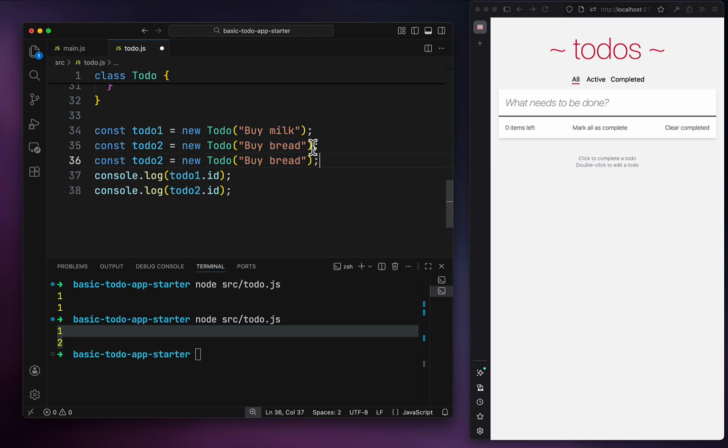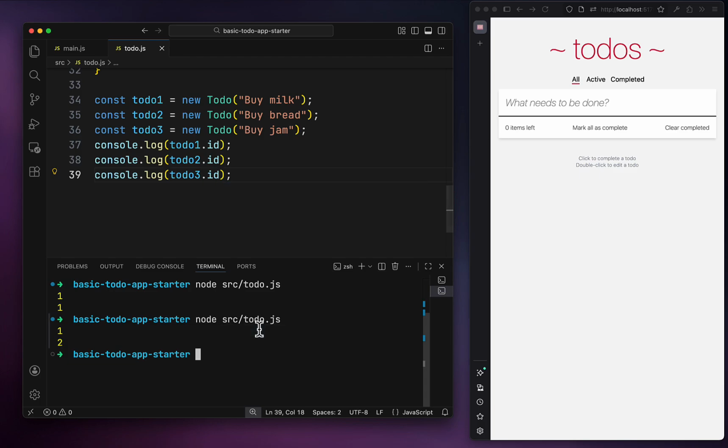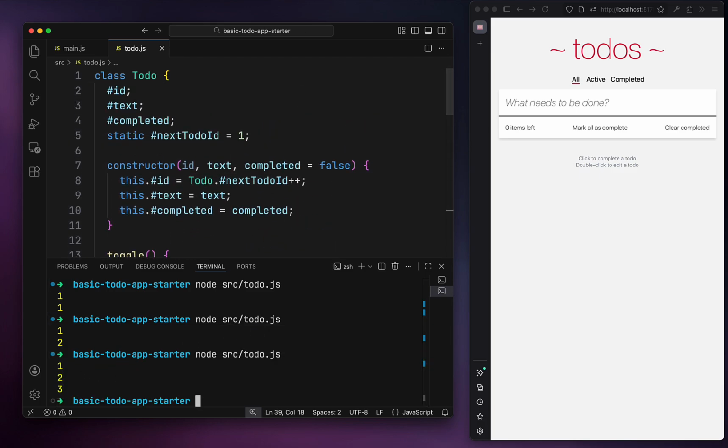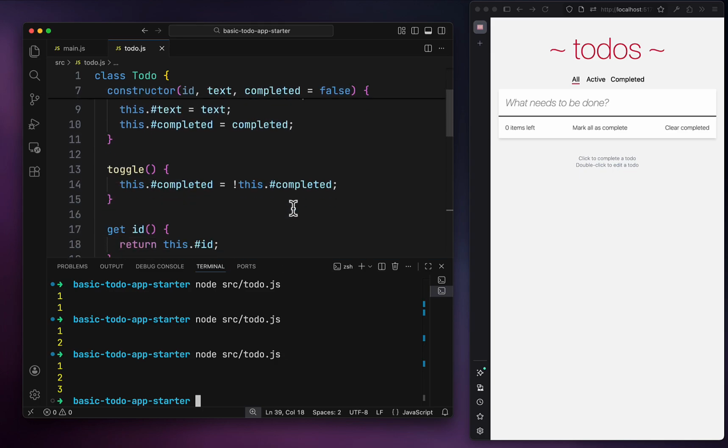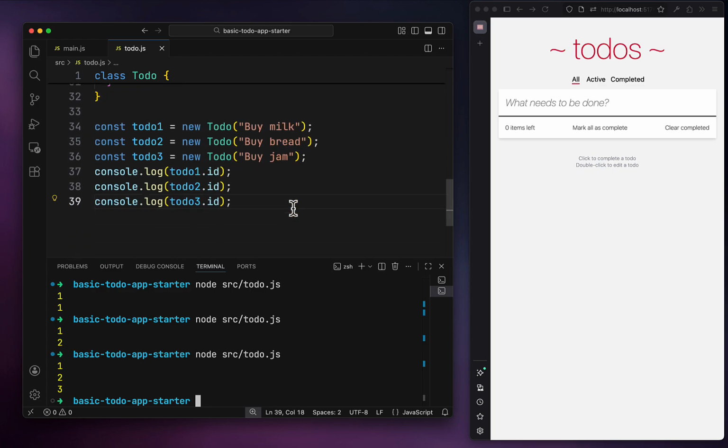And if I were to even go and add another one, let's buy jam as well, right? And so let's print it out, and you can see we got 1, 2, 3. So this is a static variable for us, and it has its own use cases, such as the case that you see over here. I want to add one other thing to the mix here, and that has to do